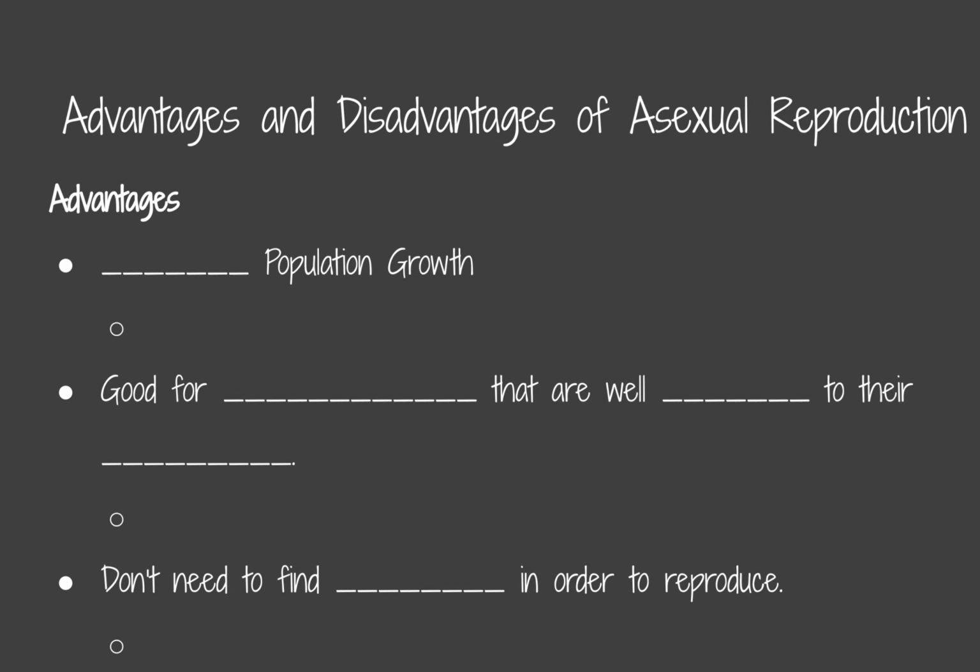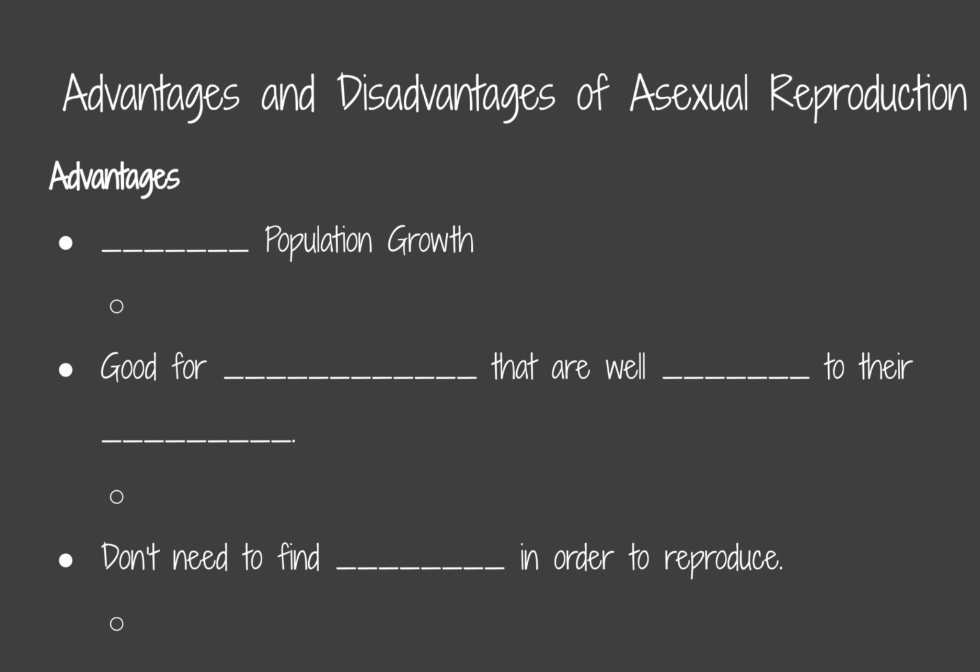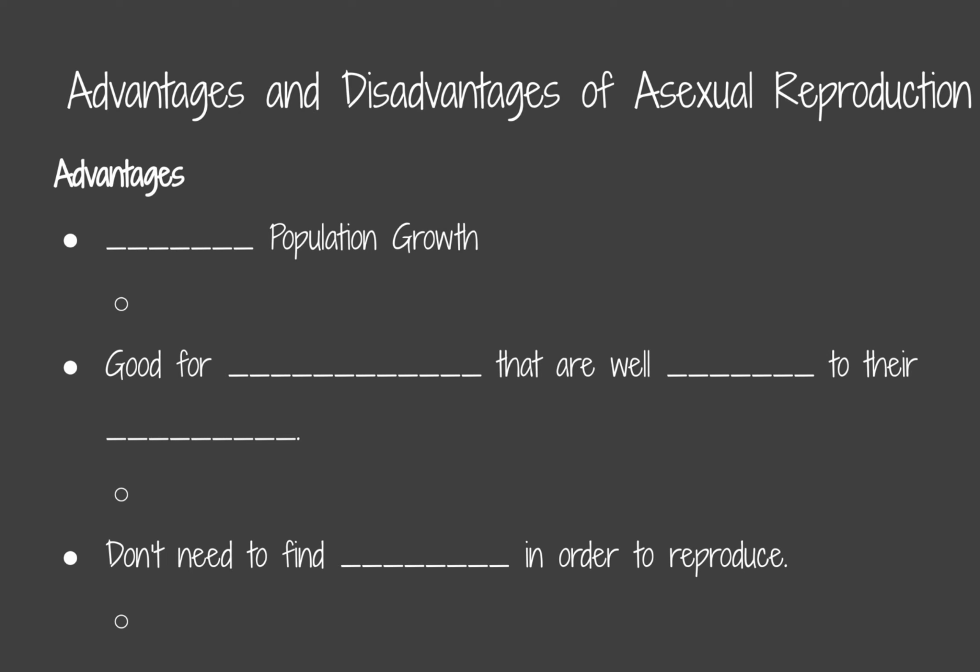So let's look at the advantages and disadvantages of asexual reproduction. One advantage is that population growth is very rapid. It happens very, very quickly. In fact, population growth can be exponential. And what this means, exponential growth, is like doubling or tripling every single new change, every generation in this case,